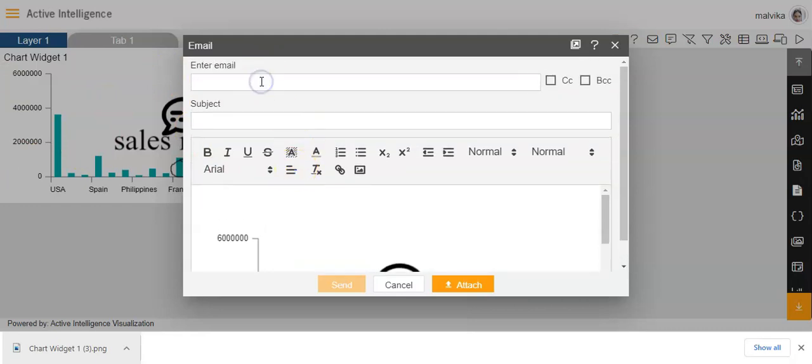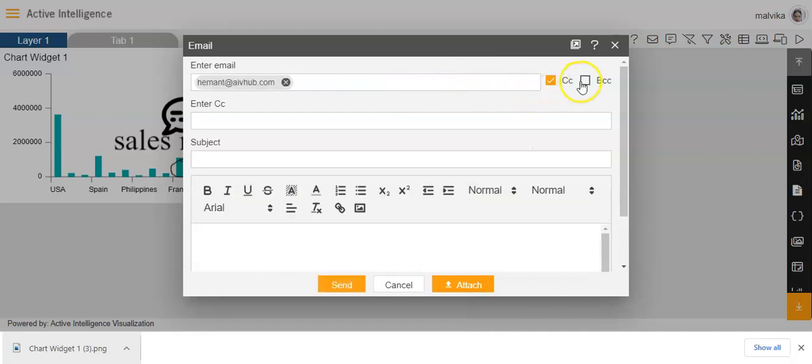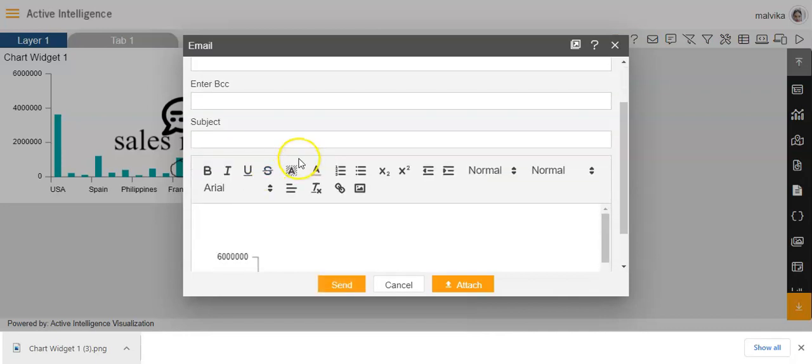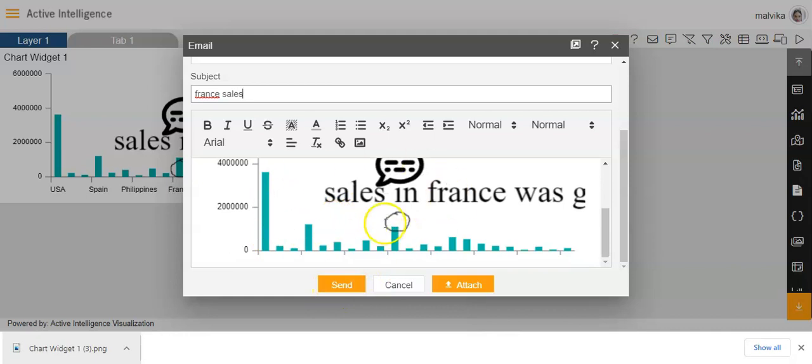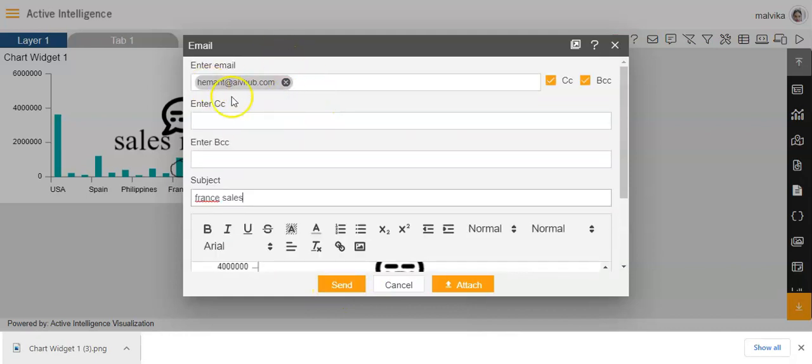And then you can enter the email ID of the user with whom you would like to share this report, and you can also add a CC or a BCC just the way you do in an email. And you can also mention the subject like France sales, and you can click on send, and that way you'll be able to send this report to that user.